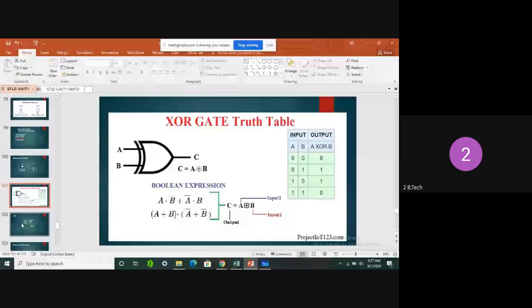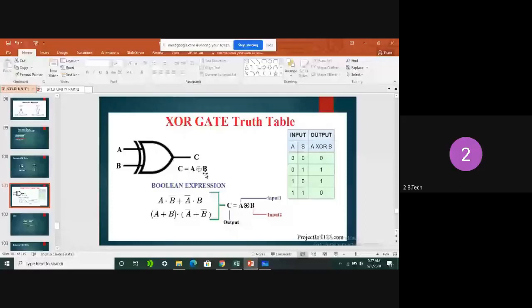In the next slide we can see, but before that, see here how to represent the exclusive OR gate. This is the symbol of the exclusive OR gate. See here, the output is C, and C is represented as in the OR gate with the plus symbol, again rounded by one circle. This is the representation for the operation of exclusive OR. Clear, all of you? Yeah, sir. So the formula for exclusive OR: the output is represented as A dot B bar or A bar dot B.